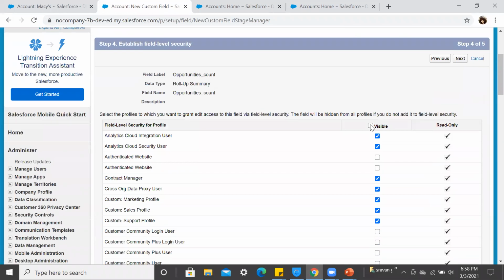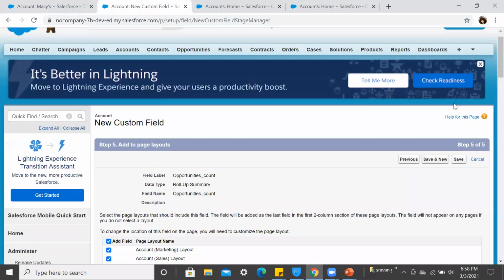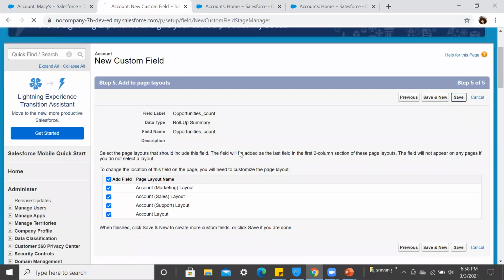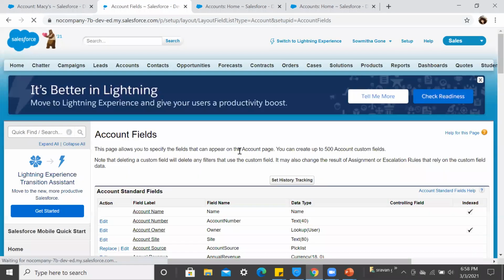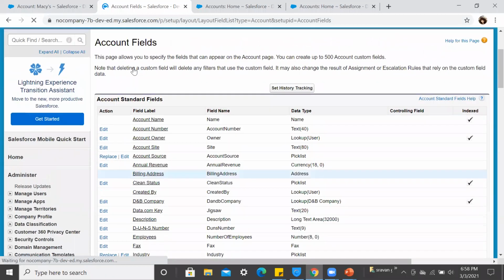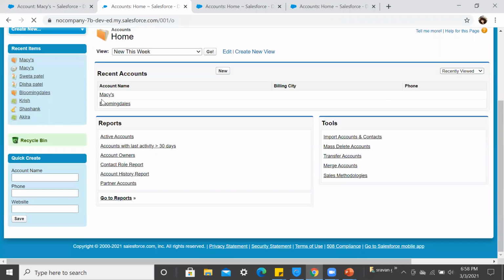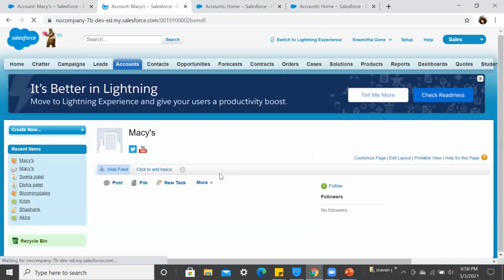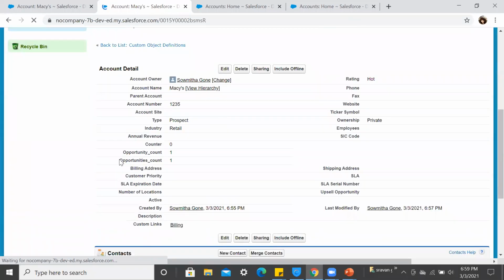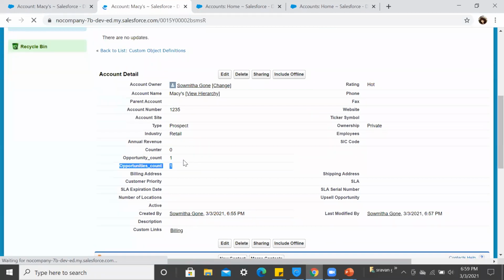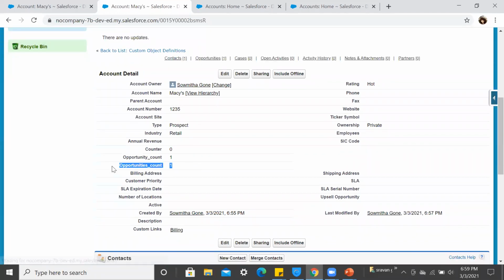Because it is a child object. Contact is also a child for account, right? Correct. Then contact is not showing here. So that is the limitation. That is the difference between the normal relationships and this relationship. We can create roll-up summaries only between account and opportunities, not account and contacts. Everyone is following?